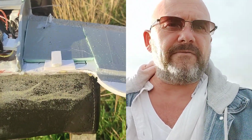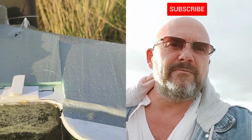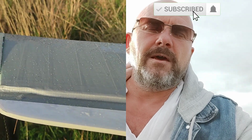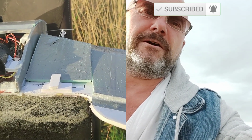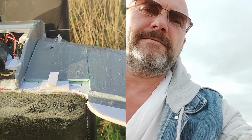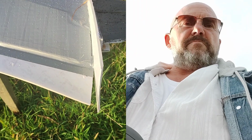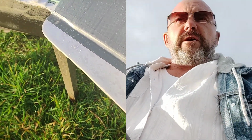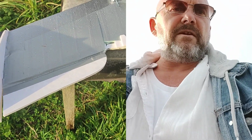So what I have modified today is this bit here. Instead of moving the whole wing, the morphing is only happening close to the center. Here you go. And I've extended the ailerons by maybe about 30% more area, because really I was finding it difficult